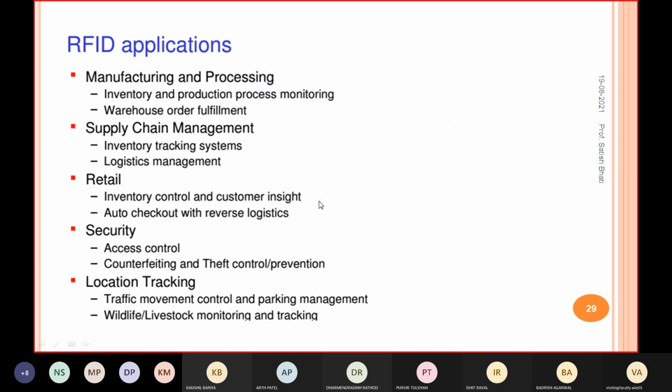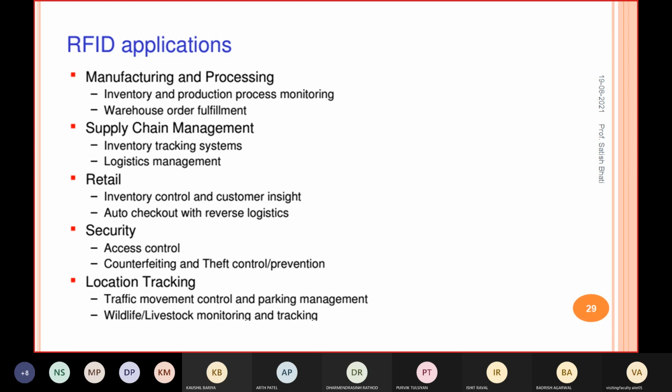That way you can maintain the stock, right? If some item is finished or there is a smaller amount, then you will also get this information. Then supply chain management, like inventory tracking systems, right? If you want to track the location of some object, you can use it.